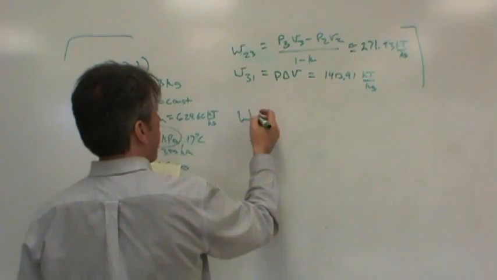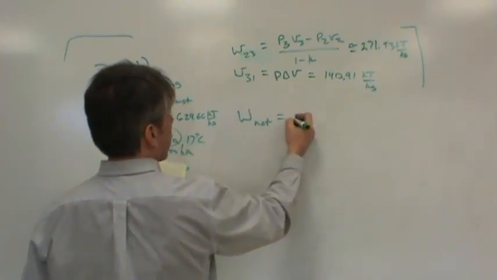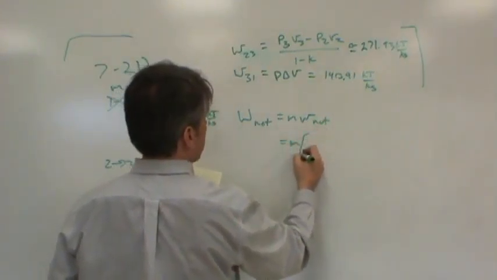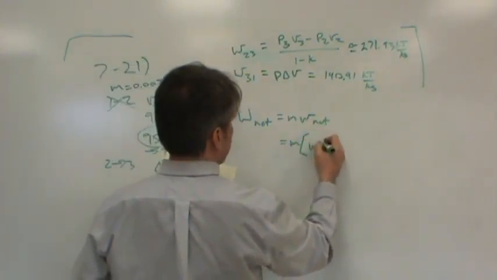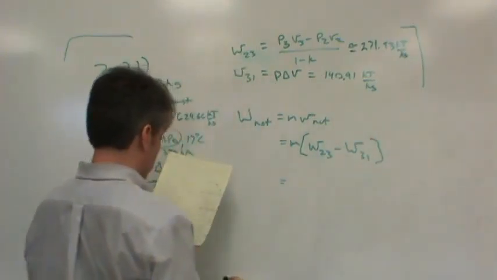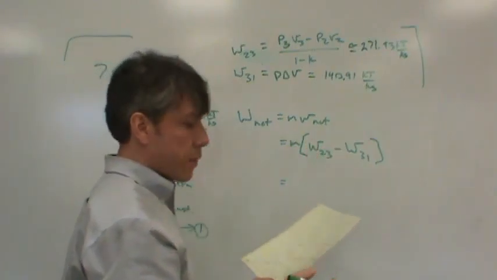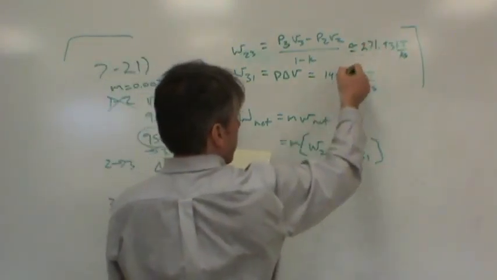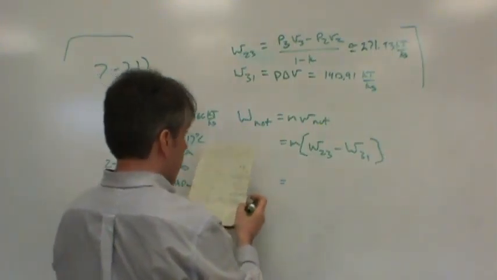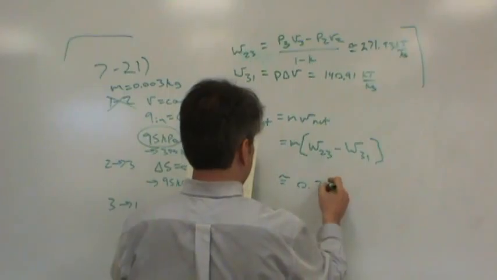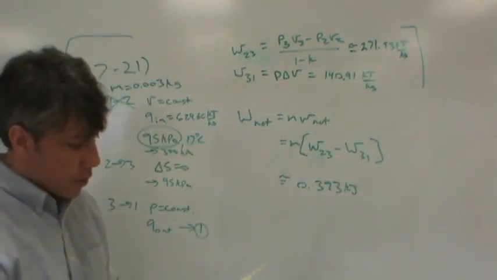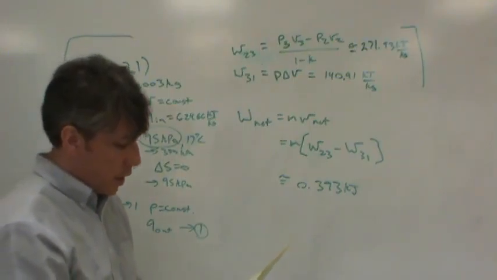The net amount of work we get out of one cycle is the mass multiplied by the net specific work, but that is the mass multiplied by the work we get out, which is from 2 to 3, less the work we put in from 3 to 1. Okay. Once again, you know the mass is 0.03 of a kilogram. You see the numbers for the specific work. The total work we get out of this is about 0.393 kilojoules. And to quickly finish this off, to get the efficiency,